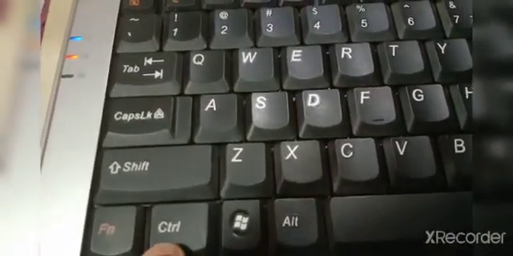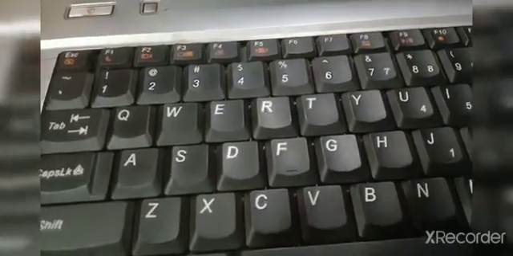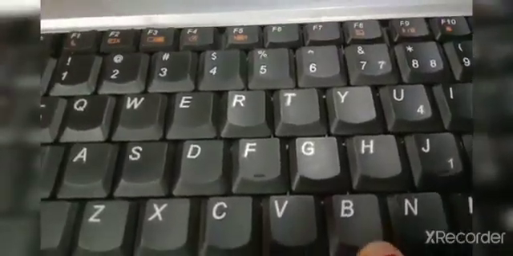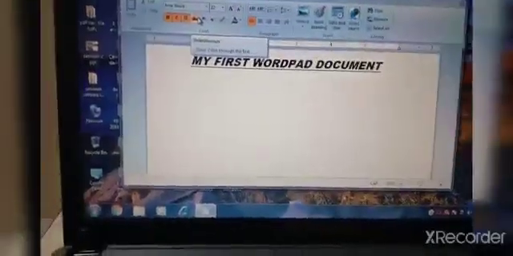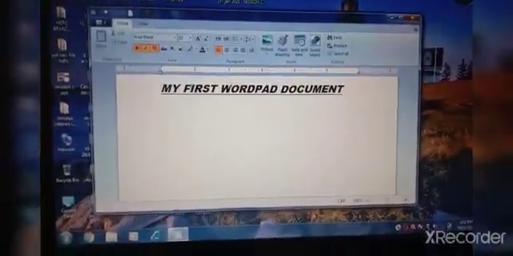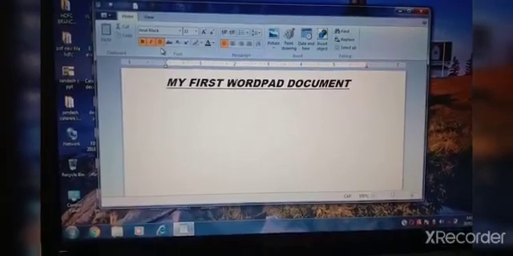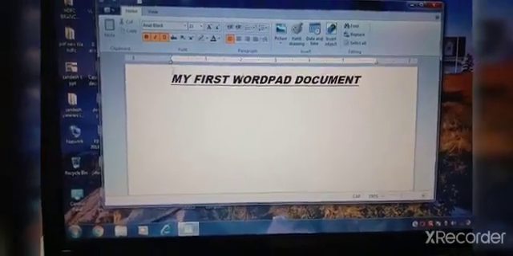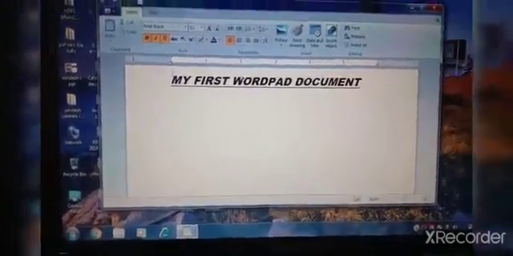And you press this B button. See here, B, and you can make the text bold. Understood children? Control plus B, Control plus I and Control plus U. These are the shortcut keys.